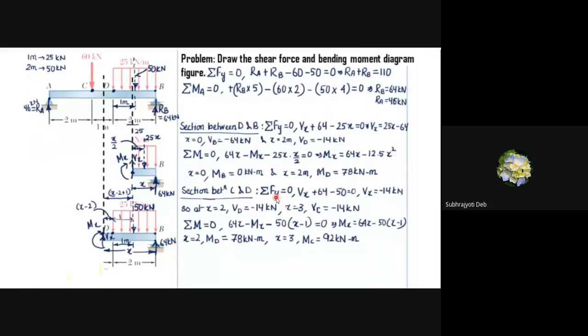This one, summation of all the forces is equal to 0. Section between C and D, summation of forces, all the forces is equal to 0. Two conditions, and number 2 is summation of moment is equal to 0. So see, what are the forces we have got? We have this one, shear force Vx, reaction force 64, and your point load, whatever we have derived from the UDL. This is our point load, 50 kilonewton. So 3 forces we have got. So Vx is upward direction.